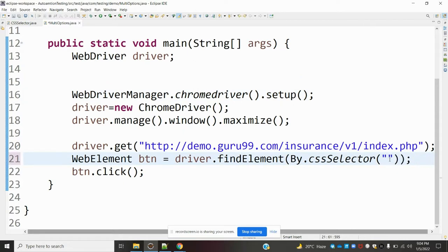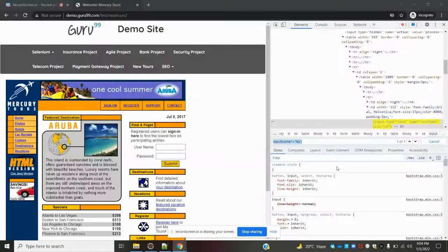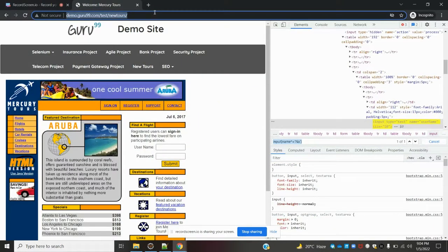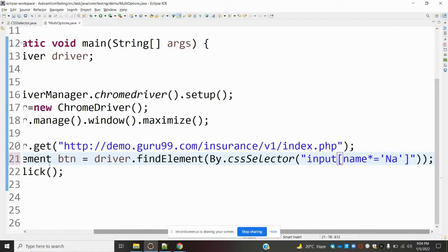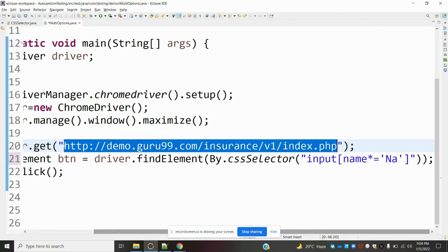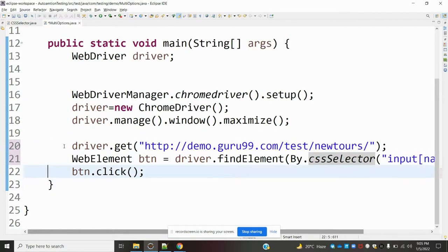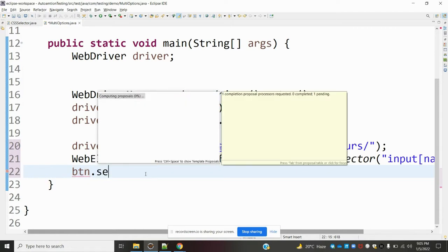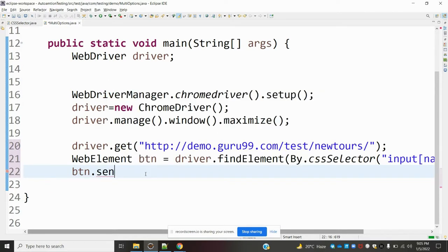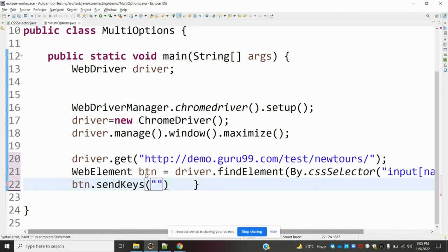And I'm passing the suffix value here, and then I'm going to provide this URL. We use sendKeys here, not click, because that is a text box. And I'm passing the value hello, and running this one.